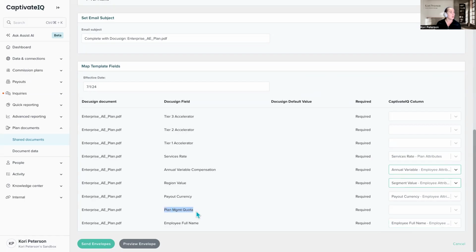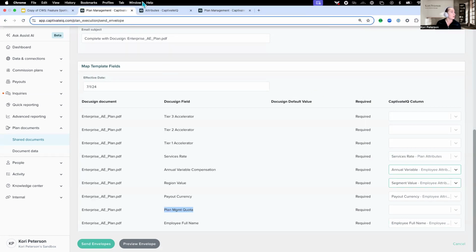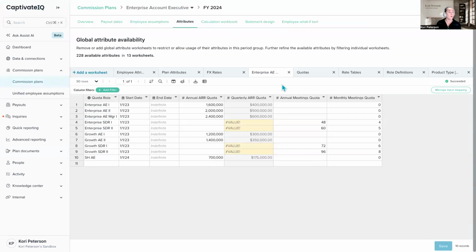But plan management quota, this is an example of something that I personally have in a custom attribute table. And I would have only been able to access this if the key value in my custom table had been able to be tied back to employee attributes. So just to show you what that looked like, if I am sending this out for Adalbert, with this enterprise